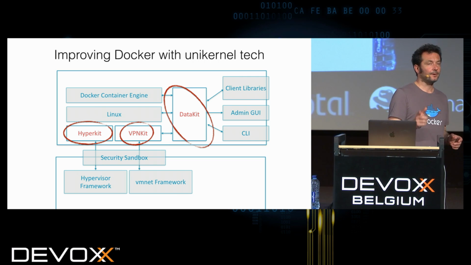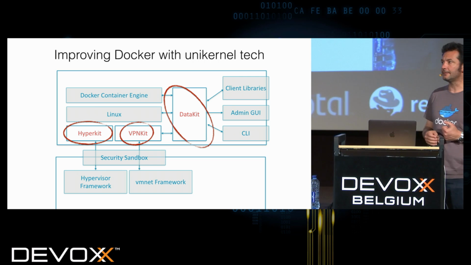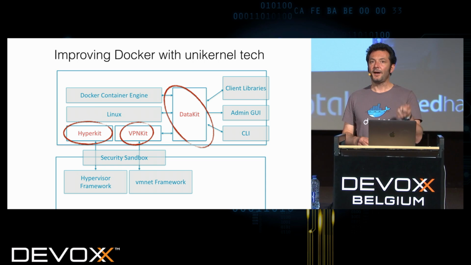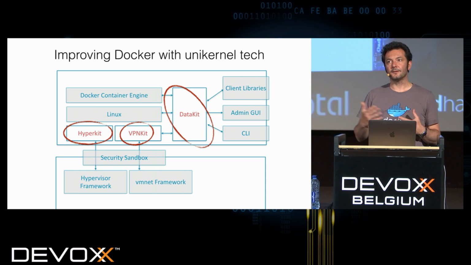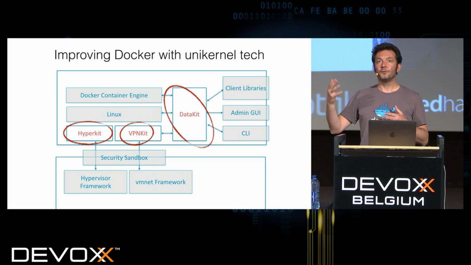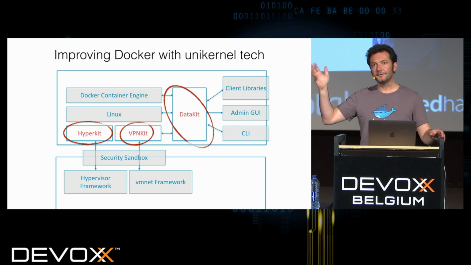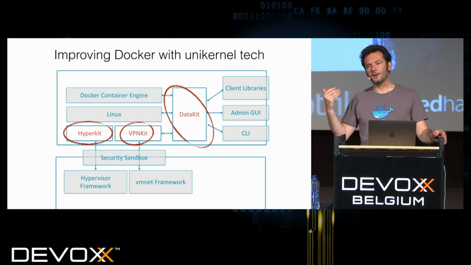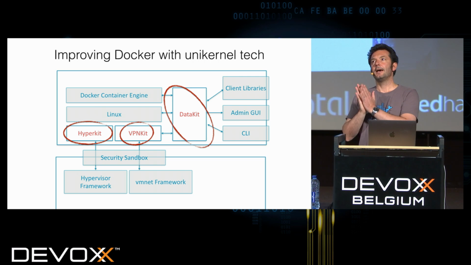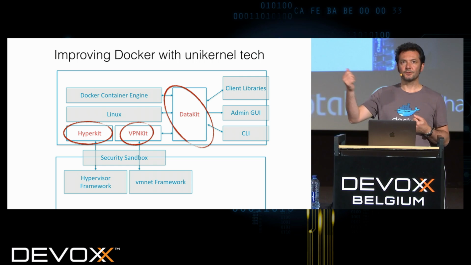And DataKit is super interesting. It would require a whole talk in itself. So DataKit is kind of like the Unix pipe, but reinvented for distributed systems. It's based on a distributed database called Irmin that the unikernel team has been working on. That's part of Mirage OS, I think. And this database, first, it's distributed, it has transactions, and it has Git-like semantics to version what's in there.